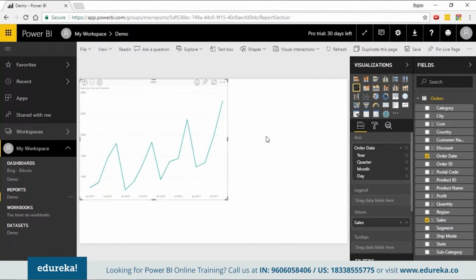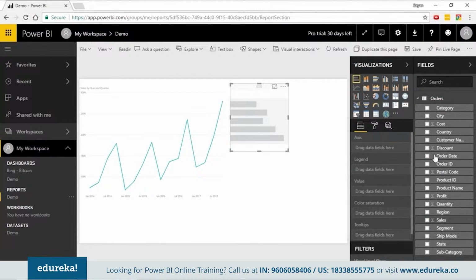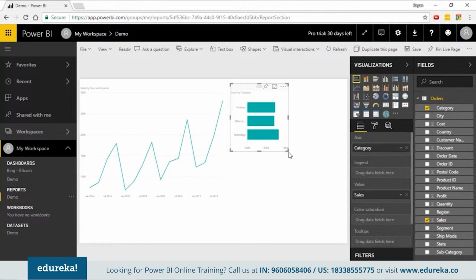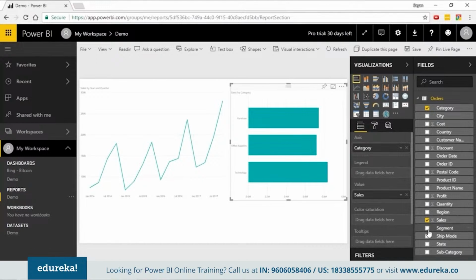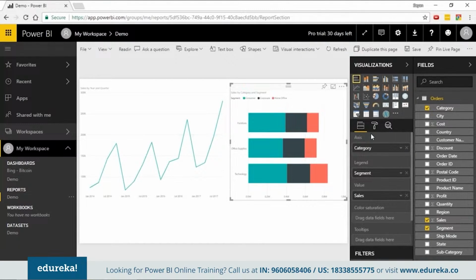Here I can opt to build a bar chart where I can look at sales category wise. Let's say I want to stack this by segment, and I can do that. You can see how automatically Power BI is able to fit these things into the respective components. It just goes to show the SSBI capabilities, the self-service BI capabilities of Power BI. If a novice user, a business user is working on it and they have absolutely no clue what to put where, they can simply click on the fields and Power BI will automatically put them in the respective sections. This again goes to show the self-service capabilities of Power BI.